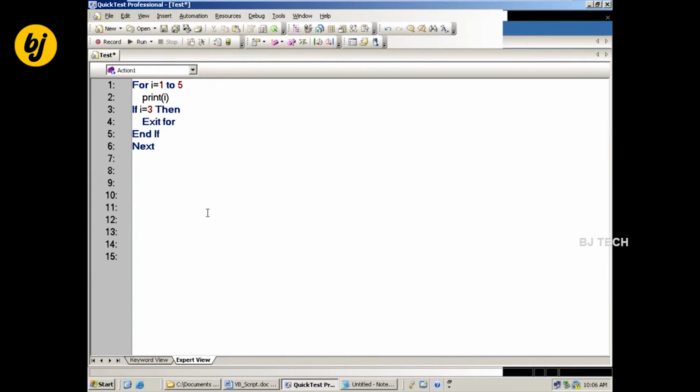If we give exit for, will it exit the entire block or the particular if condition? We'll see that later. First we get the idea of this, and then we go for that. Later we will move to application orientation. First we get the syntax of these loop statements and how they execute.